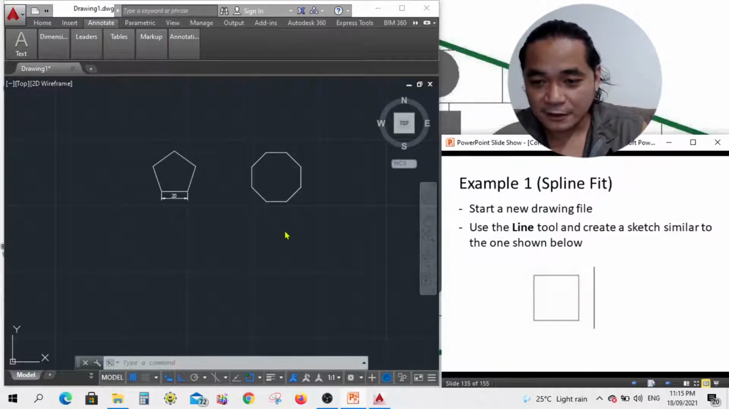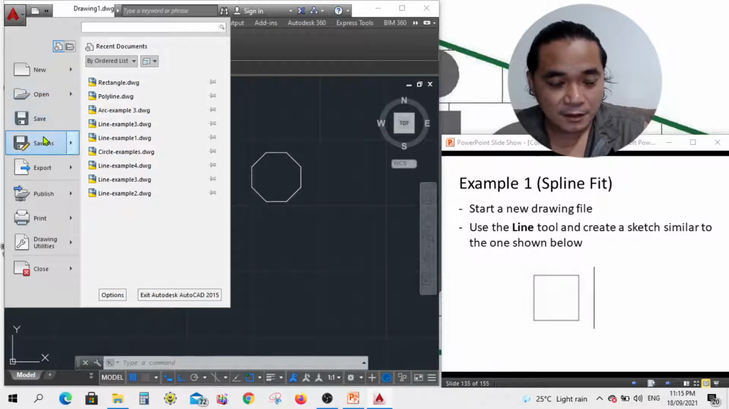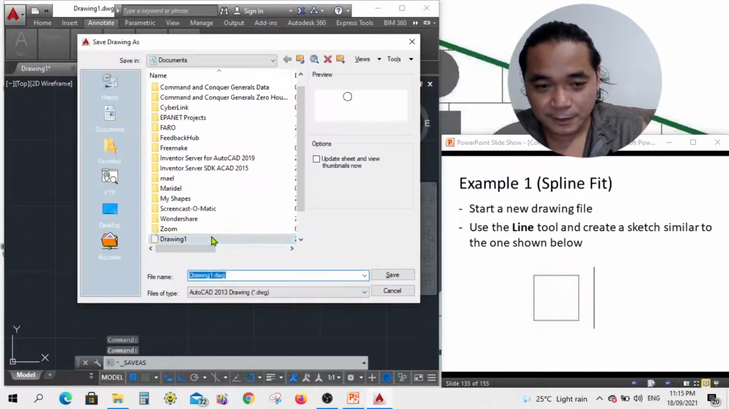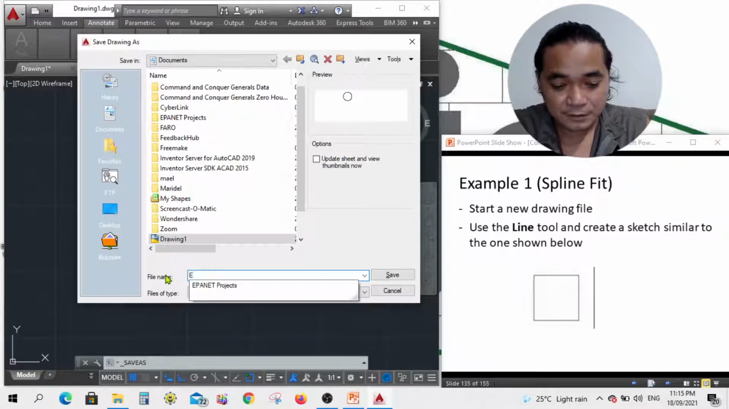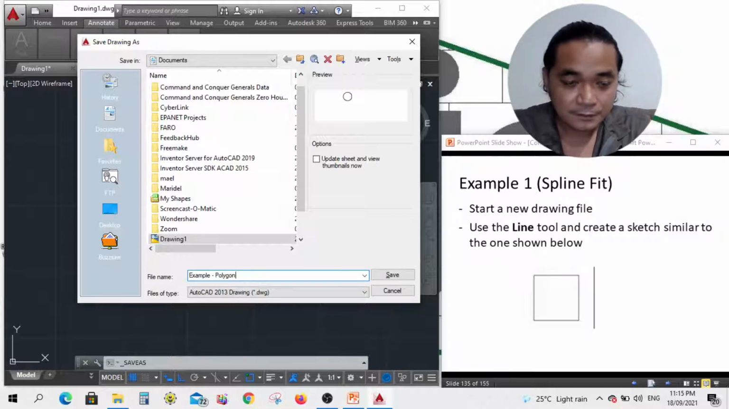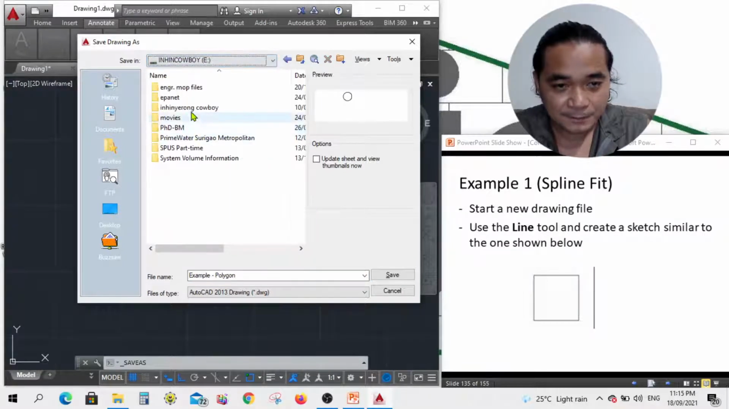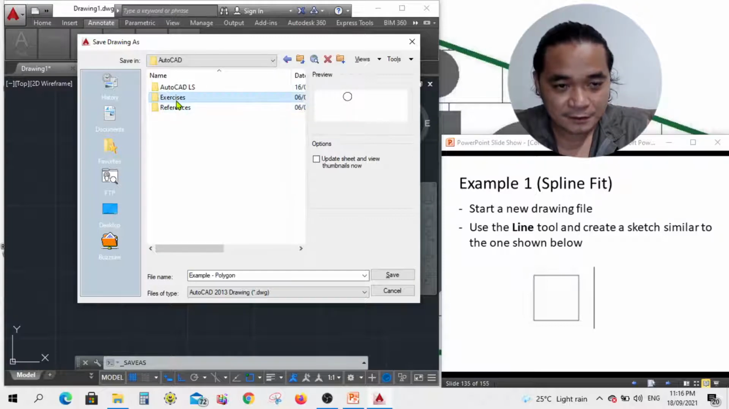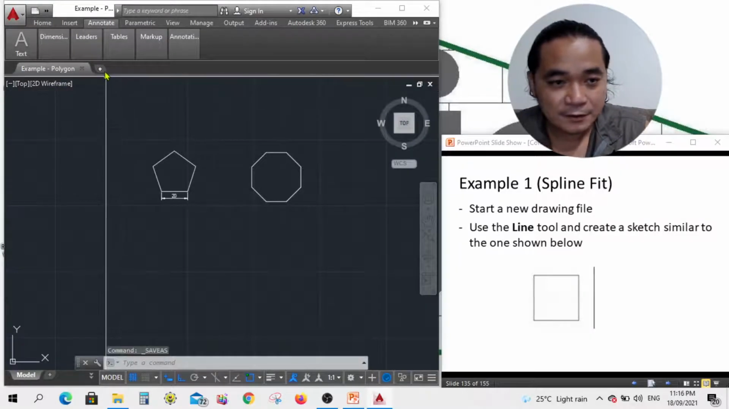So we can start a new drawing. So we will save this drawing first. Let's name this one exercise as polygon. Oh, example. Sorry, example that's polygon. Okay, so let's find our AutoCAD, then exercises or examples. Okay, so let's start a new drawing